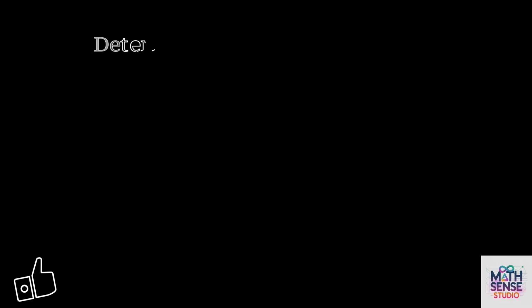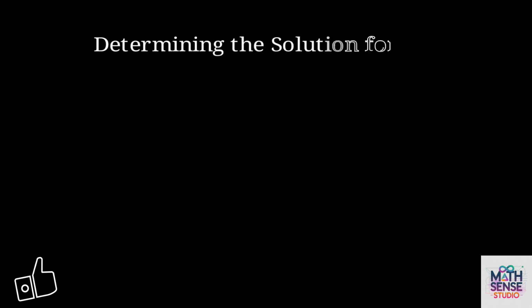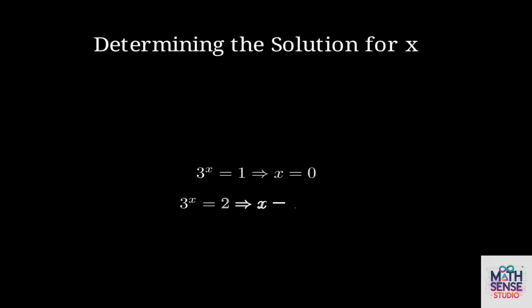So y is equal to 3 to the power x. So 3 to the power x equals 1, we take log both sides, log 1 is 0, so x comes out to be 0. And we take 3 to the power x equals 2,